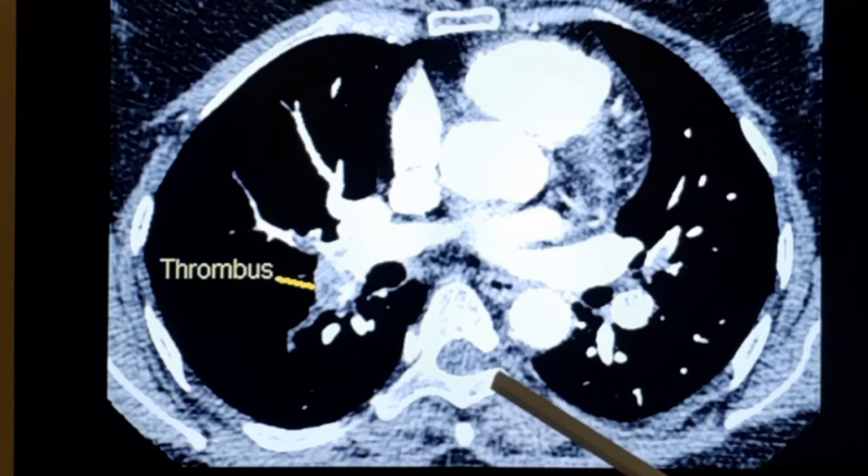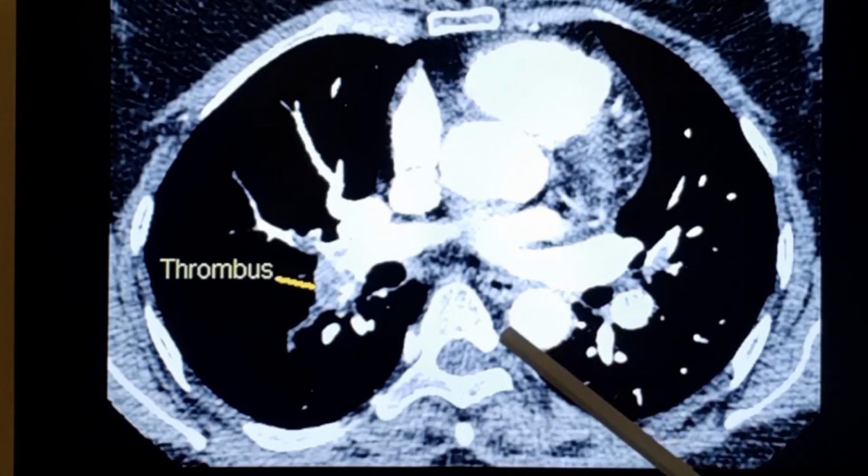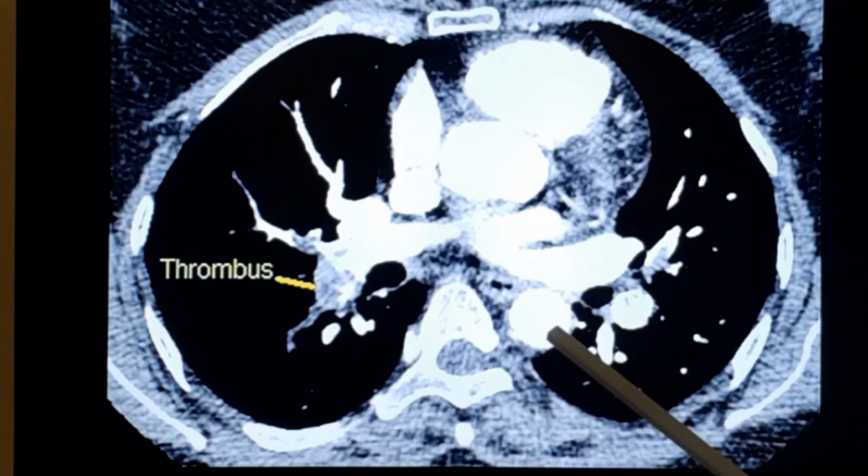But routinely, if in a suspected case of pulmonary embolism, if CT pulmonary angio is normal, you take it as there is no pulmonary embolism. The older tests of ventilation perfusion scan are rarely done. So also contrast